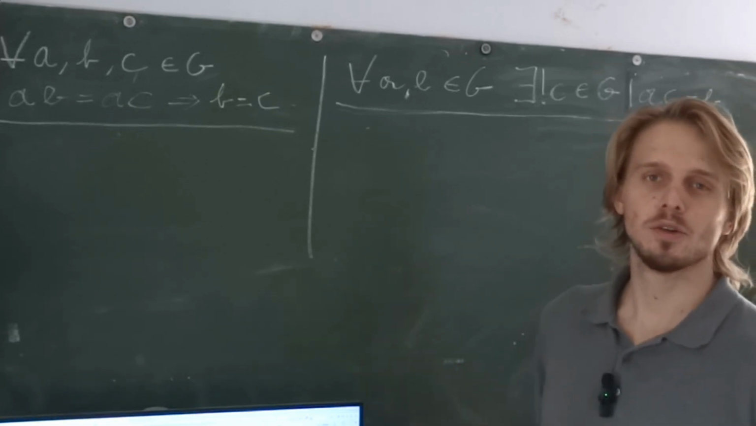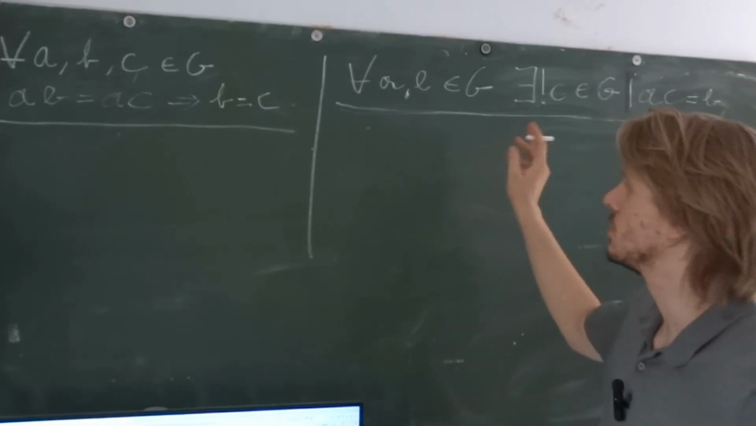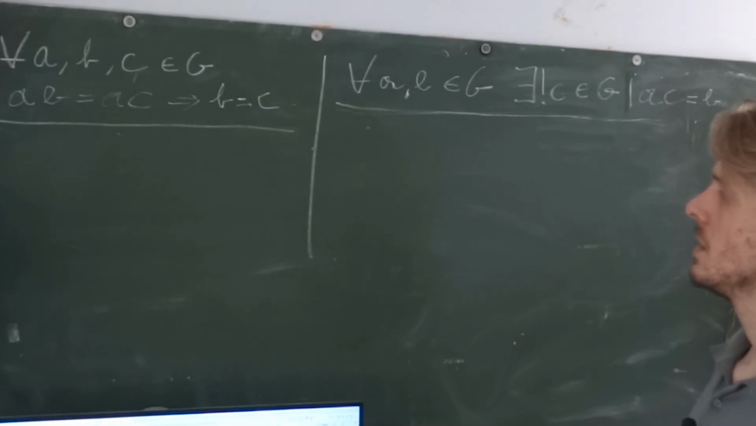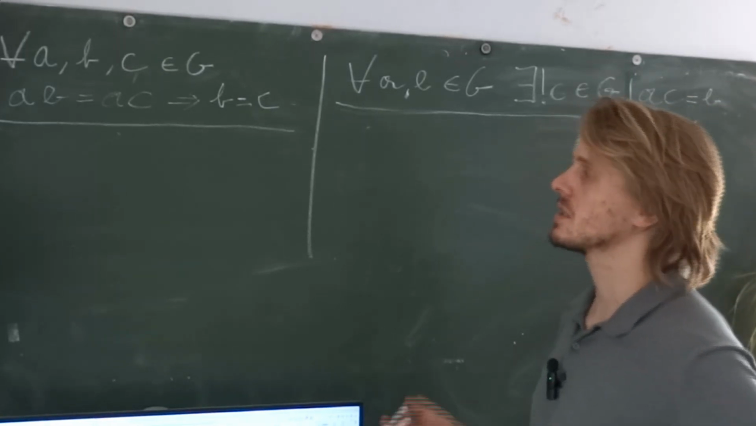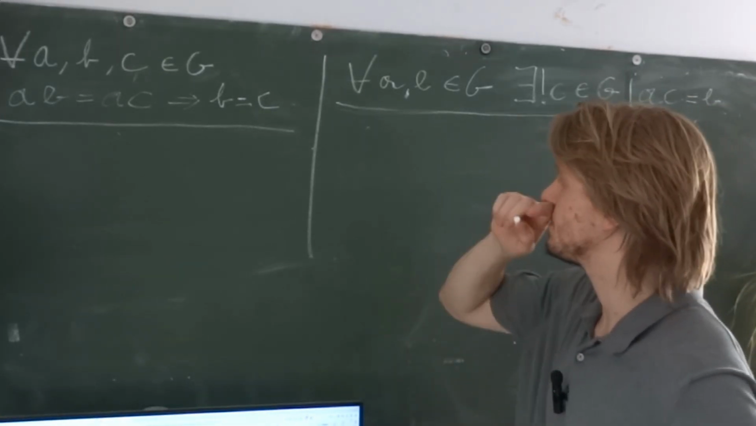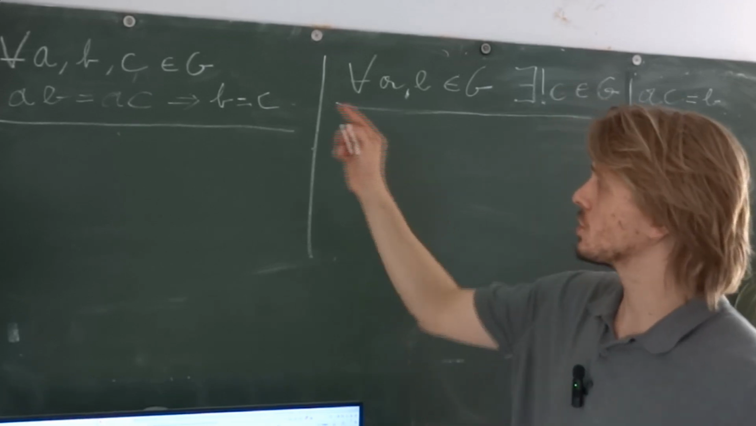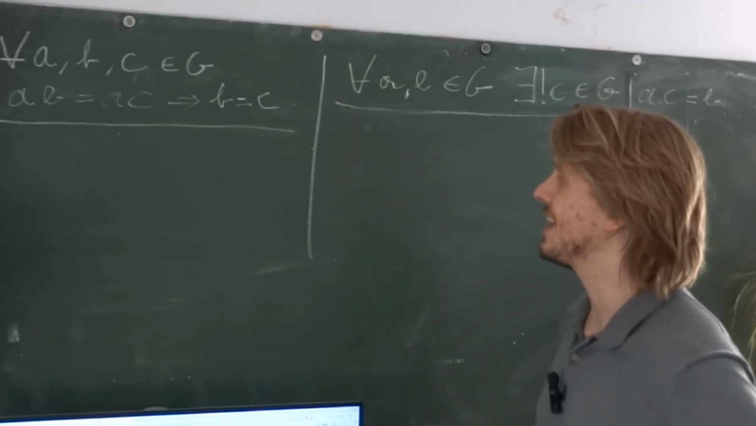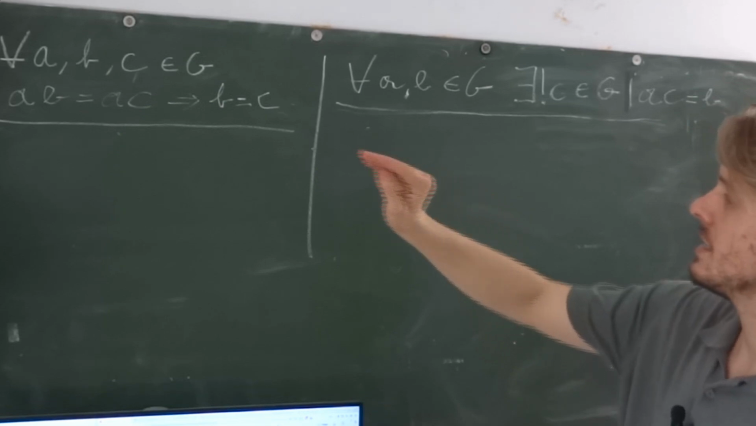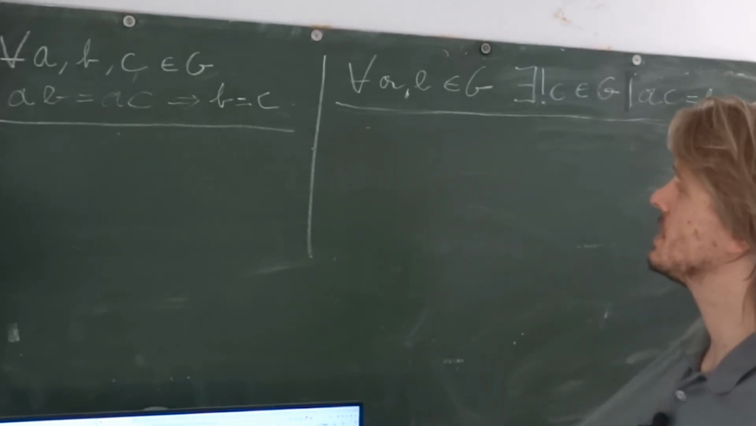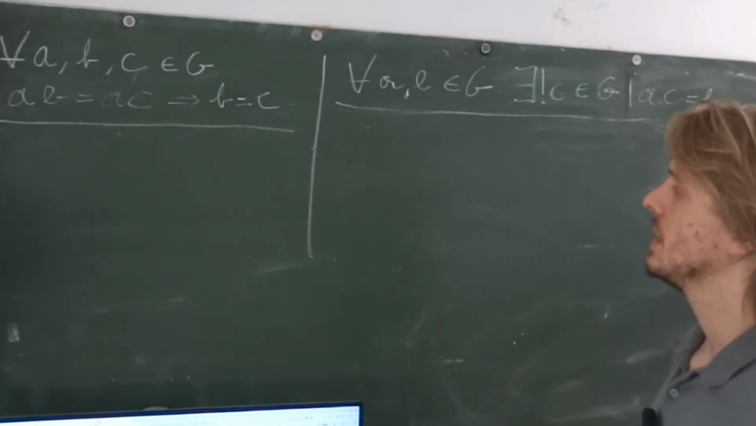Okay, hey guys, so today I wanted to quickly do these two fairly basic exercises on group theory. So the first one asks us to show that for any triplet of elements A, B, C in a group G,